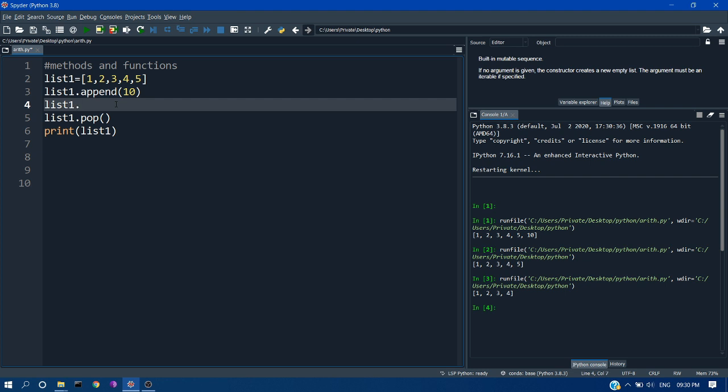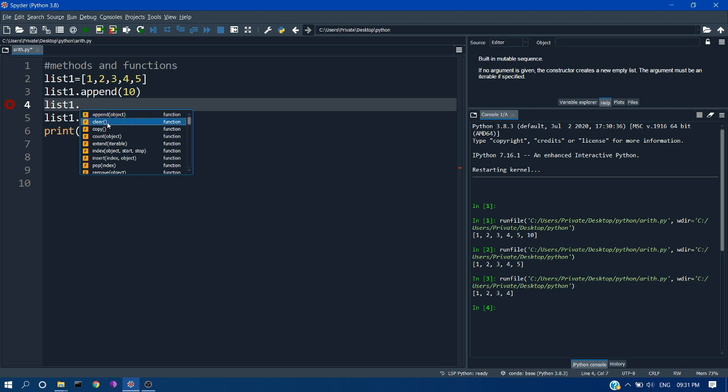You just have to put a dot and hit tab, and then you will see a column with the list of methods and attributes associated with the object. Here you can see that for list we have a lot of methods associated with it. We may choose a method which we have never used before. Here I'm choosing this clear method.